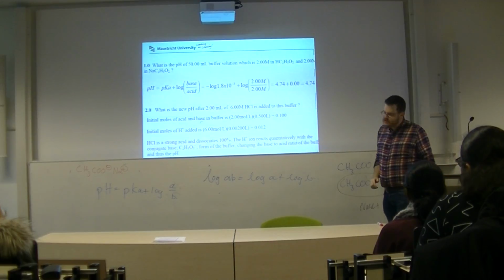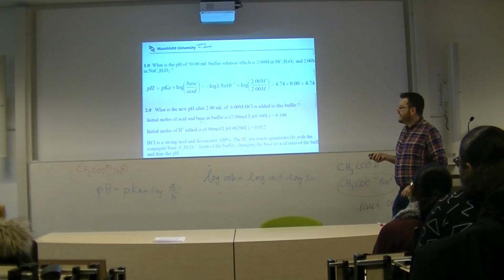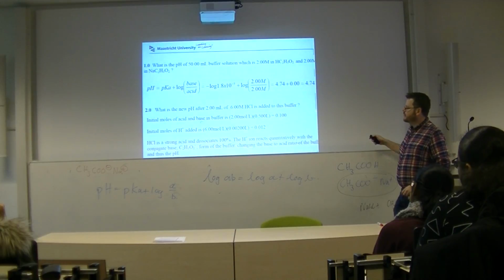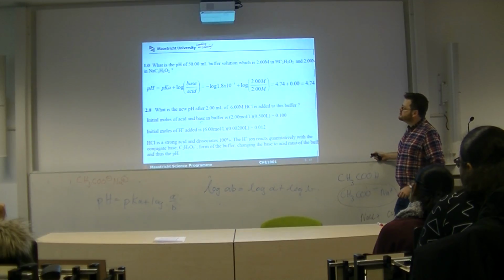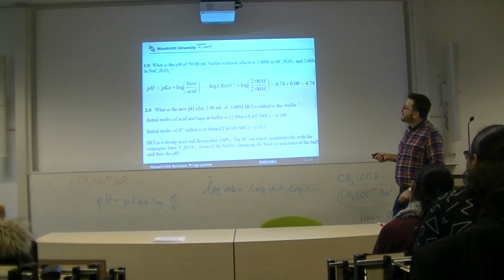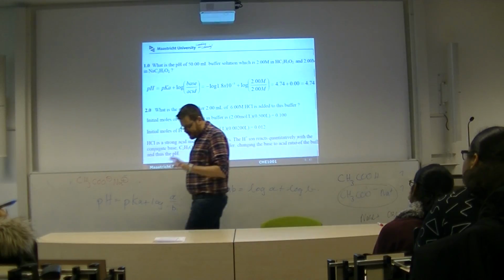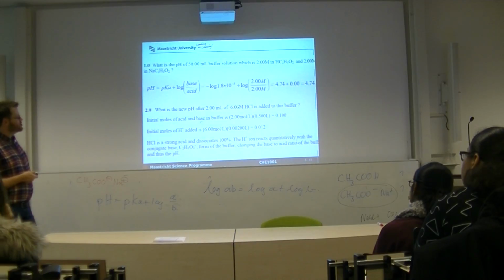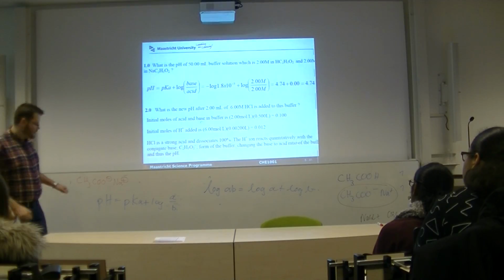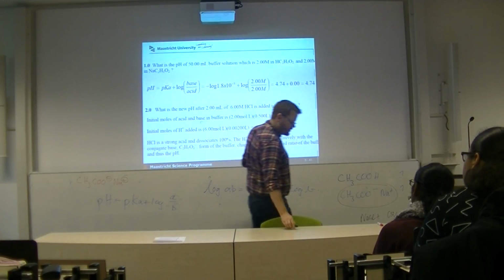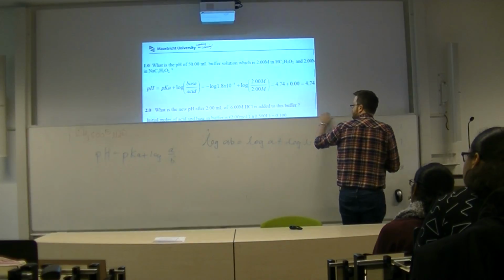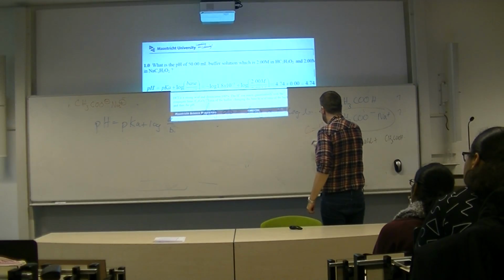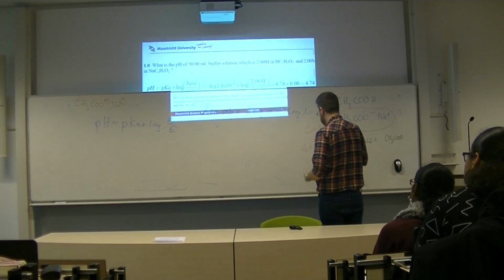So what we need to do is calculate the number of moles of acid and base in the buffer. Now we know that we've got a 2 molar solution, and we're adding. So the first thing we need to determine is the number of moles of acid, HCl, that we're adding to this. Now we have the concentration, 6 molar, and we've got the volume. So we can calculate what? The number of moles, because we know concentration is number of moles over volume, right? So number of moles is concentration times volume. Remember,